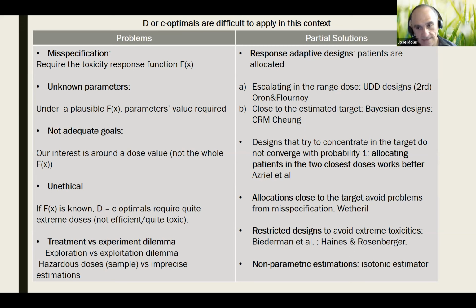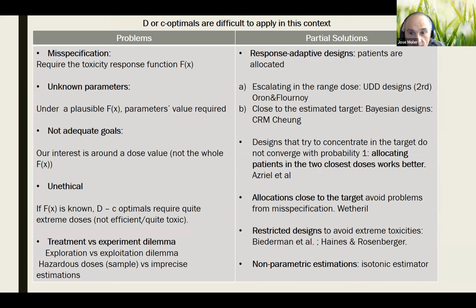So in each step, they allocate patients in a dose which is the closest as possible to the target. But this kind of design that tries to concentrate allocations close to the target dose doesn't converge with probability 1 to the target, and this is proved in this paper by Adriel. So the main advice they give is that it is a good idea to allocate patients